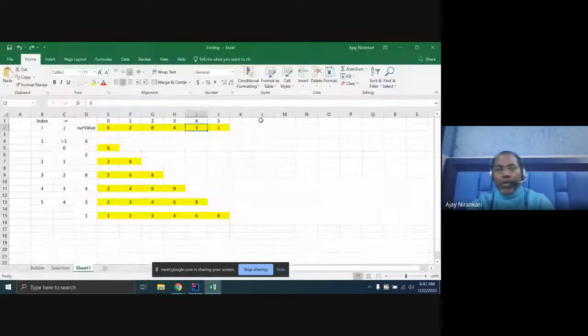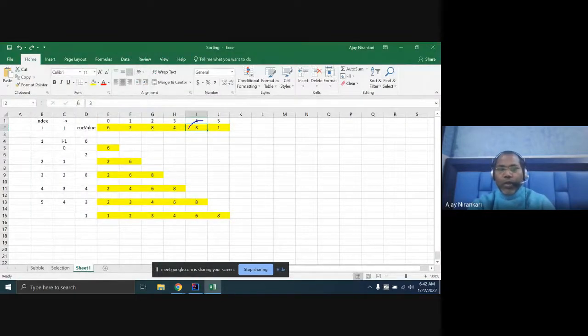Same we are doing here. Whenever we are comparing 3 with your 8, 8 is greater than, the current is less than, so we are placing a of j to the j plus 1 value. Similarly, if you are comparing again, you say j minus minus, the current j comes from here.